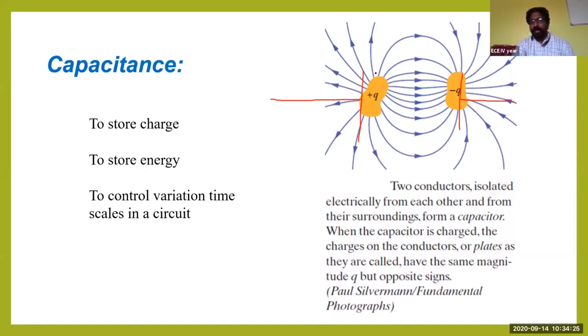In order to make the capacitor store that charge, you are supposed to use a dielectric in between, so that the charge will not be nullified between the positive and negative plates. That's why we use a dielectric material between these 2 plates, which acts as an insulator between the positive plate and negative plate.